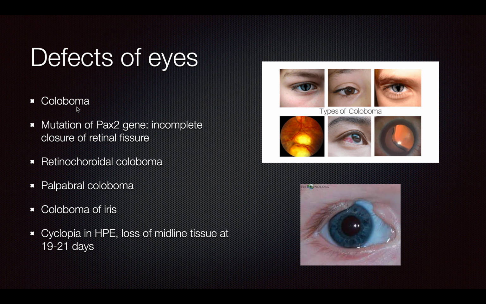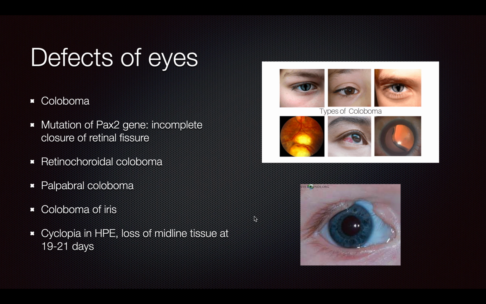So there's a bunch of defects of the eyes. Coloboma is going to be a problem with fusion. It's usually a mutation of the PAX2 gene, and it is involved in incomplete closure of the retinal fissure. So there can be a retinochoroidal coloboma, a palpebral coloboma, which is where the lids don't fuse correctly, coloboma of the iris, where there's going to be like a keyhole kind of shape of the eye, and